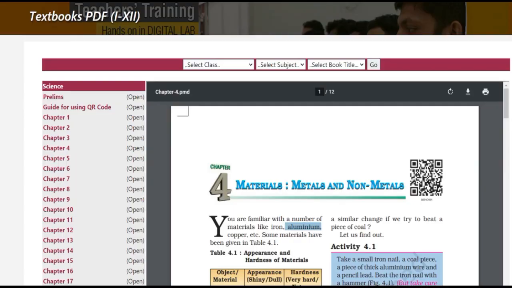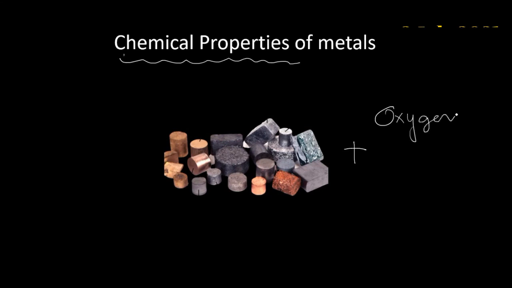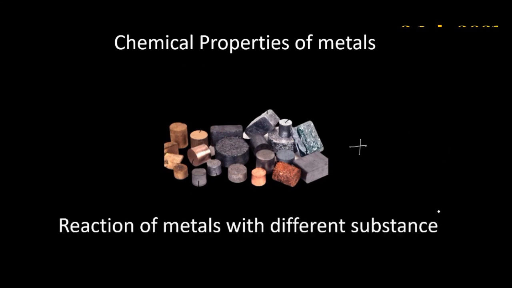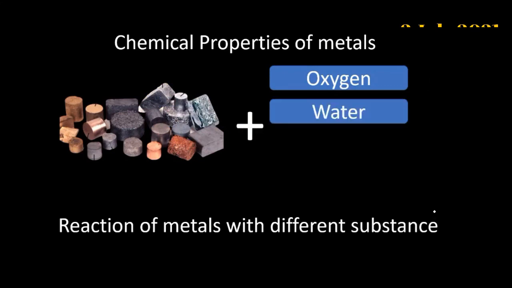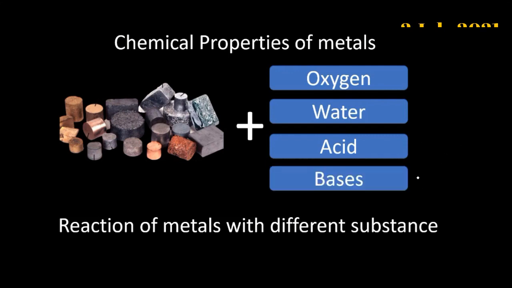We were in the chapter Materials, Metals and Non-Metals of class 8th CBSE, and in that we have already studied a few of the chemical properties, right? Chemical properties, physical properties long back we have completed. Now we have studied a few of the chemical properties of metals. We have studied how the metals react with oxygen and then with water. So we have studied the reaction of metals with oxygen as well as water, and what is left over now is how metals react with acids as well as bases.